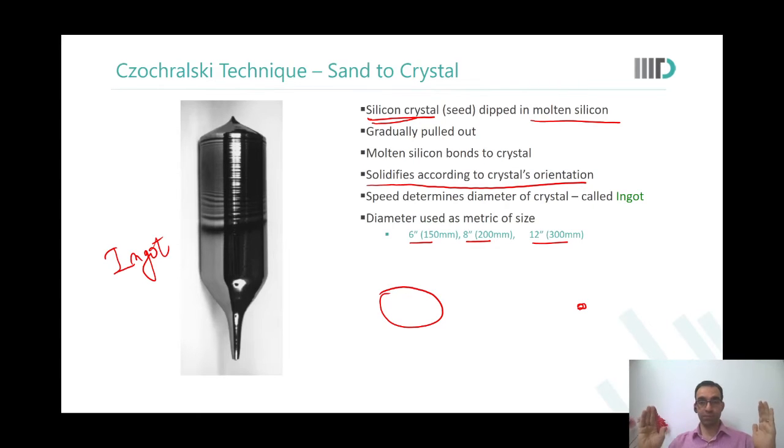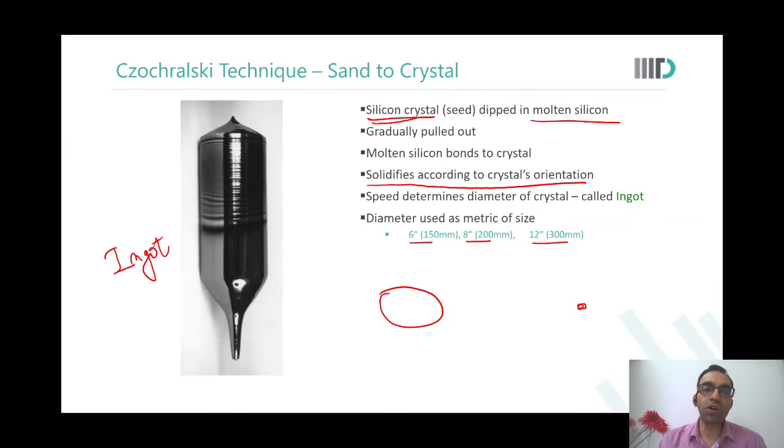A 12-inch wafer is this big, diametrically. I can literally hide my face behind a 12-inch wafer. Even an 8-inch wafer can fairly hide my face, though probably not my hair, but a 12-inch will hide everything of my face and hair. So these are big wafers coming out of it. And can you imagine the weight of this whole ingot as you pull it out? A 12-inch wafer, so it's huge.